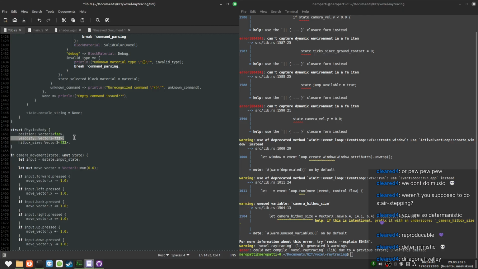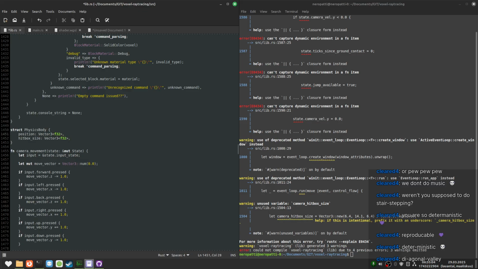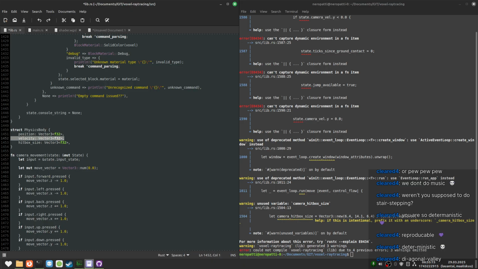But then I'm thinking, this is me overcomplicating things, but that's fine. We have velocity on the physics body. Yeah, we kind of do want to have it. Technically it doesn't belong here, I'm thinking. We should just have position and hitbox size. And then if something wants the velocity, we should additionally keep track of the velocity. But that's also just a lot of complexity for no gain. So let's just keep track of the velocity there.